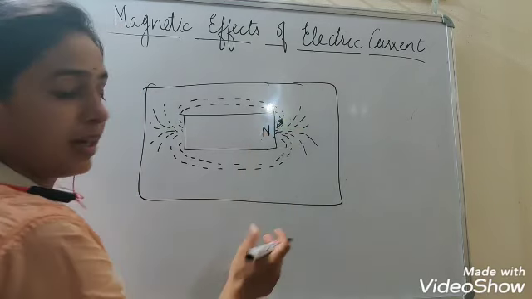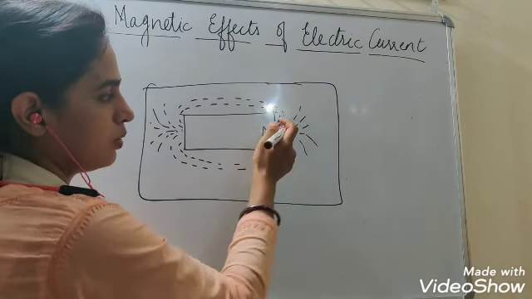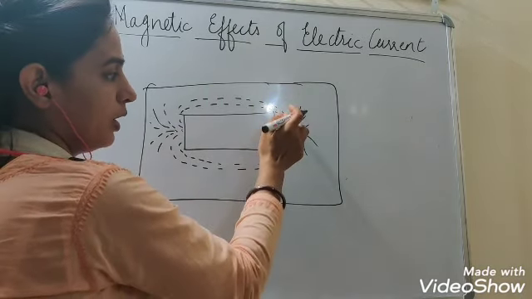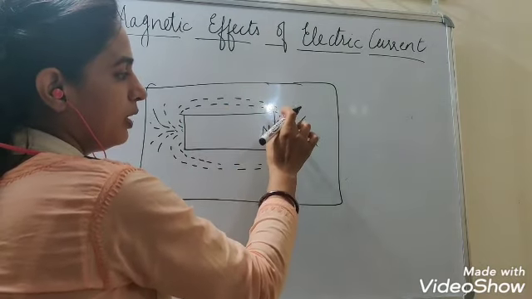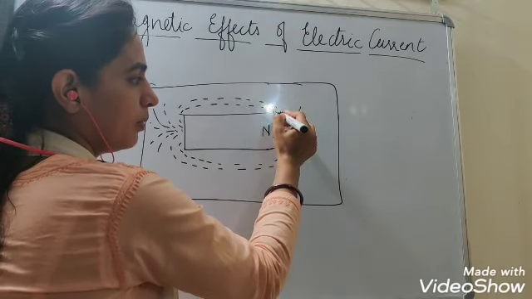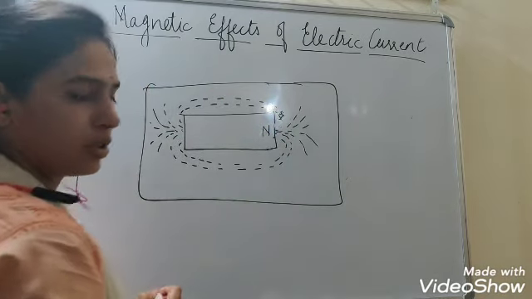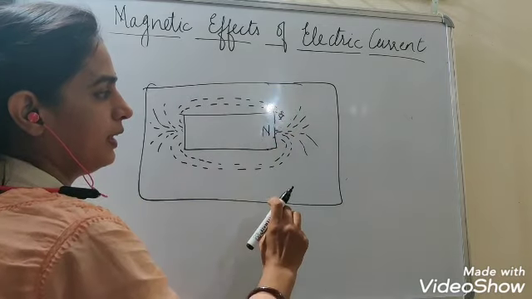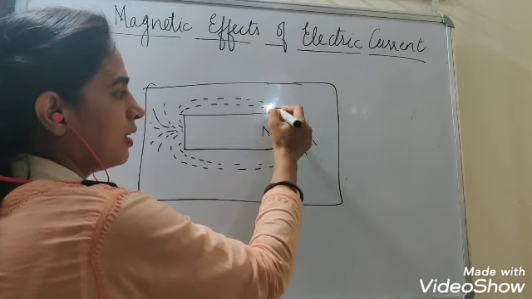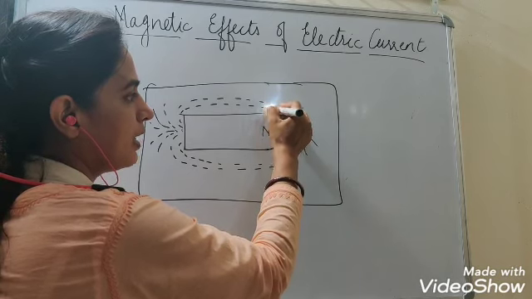North pole will attract the south of the needle. That is why the south pole of the needle gets aligned this way. That means north pole is over here and south pole is on the opposite side. Similarly, you can pick up the needle from here, mark this point, and again keep the needle over here. Here it will again get aligned in this direction, slightly tilted, to tell you that this is the direction of the magnetic field. And again, pick it from here, keep it over here, and it will get aligned in this direction.